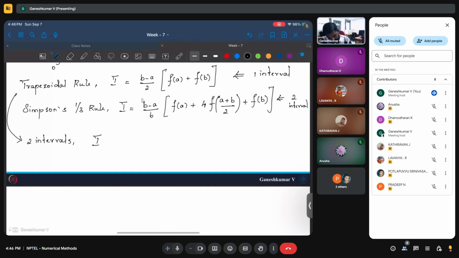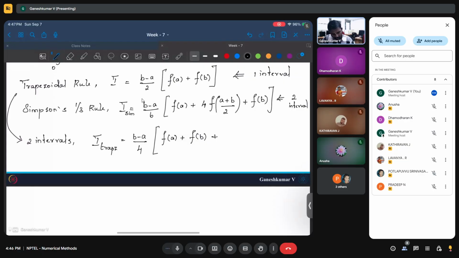I'm going to write it as integral trapezoidal, and this is integral Simpson. For the trapezoidal rule, if you want to write it for two intervals, how will you write? Initially it's h by 2, where h is nothing but (b minus a) by n, and n is 2 because it's a two-interval case, so it's going to be simply 4. Inside you have f of a and f of b, and the other things will be